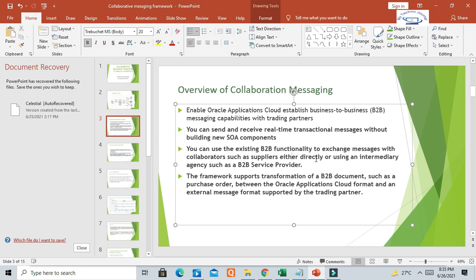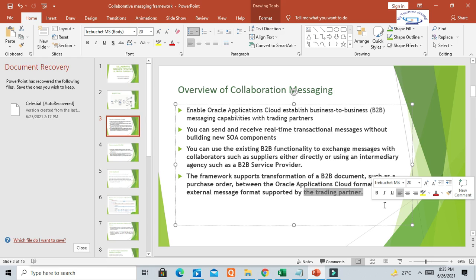either directly or using an intermediary agency such as a B2B service provider. For this B2B service provider, you can use the standard service provider like Oracle Business Network or Oracle Supplier Network, OSN. This framework supports transmission of a B2B document such as a purchase order between Oracle application cloud formats and an external message format supported by trading partners.